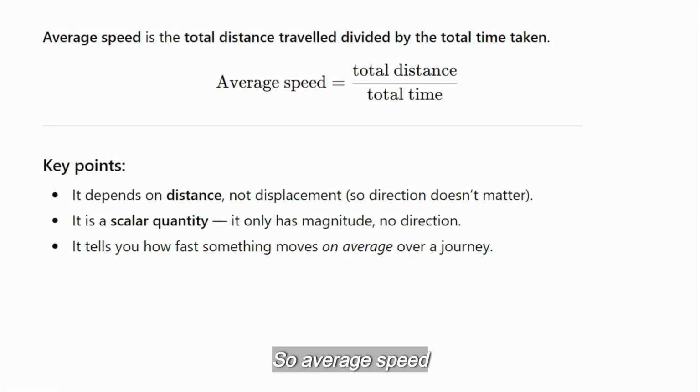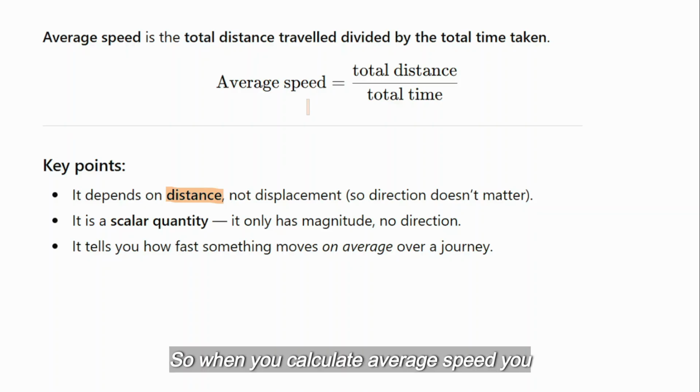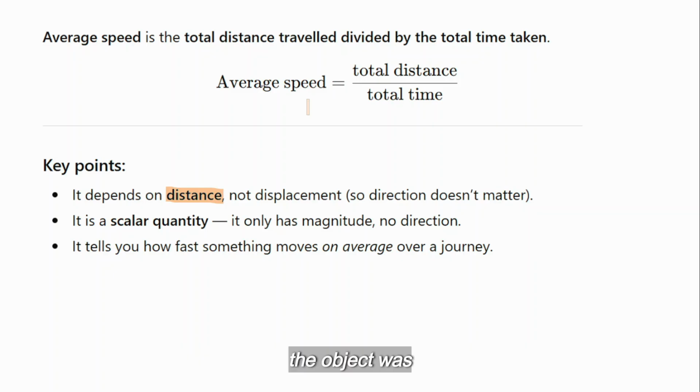Average speed is total distance, which is a scalar quantity, divided by the total time. In this case, it depends on the distance and not displacement. So the idea is, it gives you how fast something was moving on average over a given journey. When you calculate average speed, you need to take into consideration the time the object was